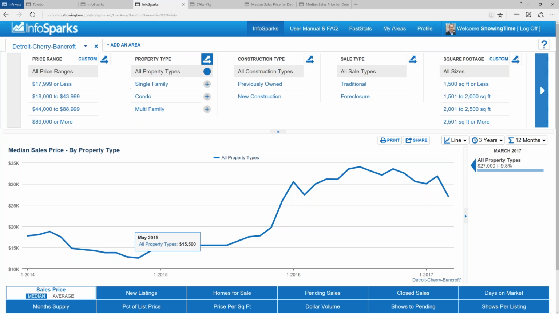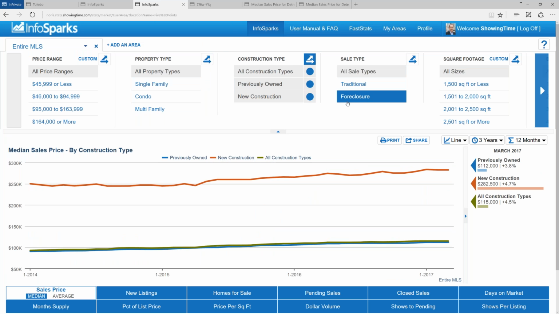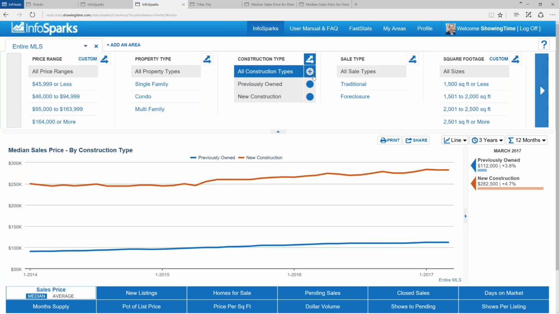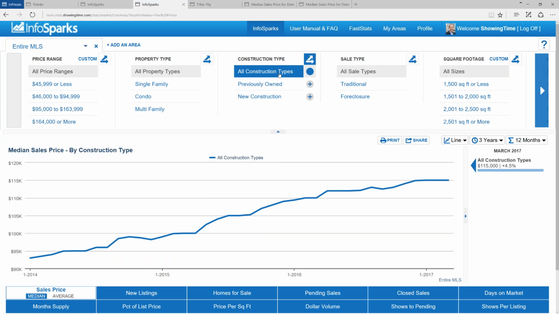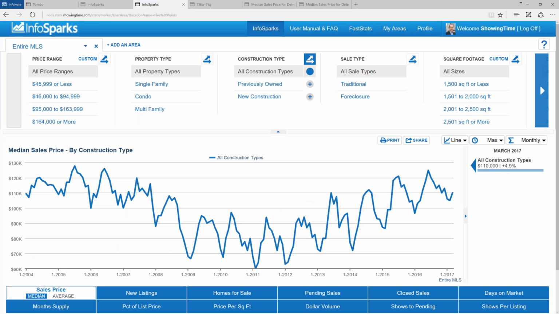The big thing with Infosparks is that it's important to play with the data. There is so much to learn in this, and there are so many different things that come into play that it's important to spend time to just slice through the different data, look at different areas, look at different housing statuses, construction, year built, etc. Look at all the different metrics, play with different time scales. There's so much to learn just simply by playing through the data. And every time I use Infosparks, I learn more about my own market. So it's important to take that time to explore.